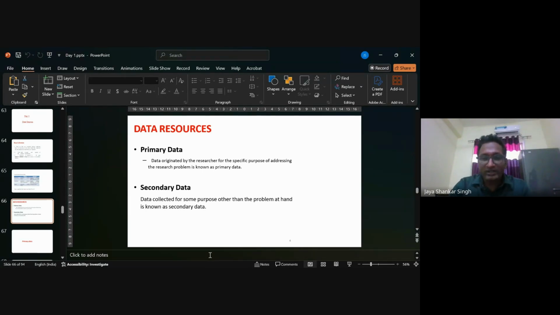I will go to Nielsen. They have already collected the data. They have the market data. I will buy the data from them, and then I will analyze it to understand whether there's a demand for that particular product or service in Rourkela. And then I will make an informed decision. So the data which Nielsen is collecting is primary for them.